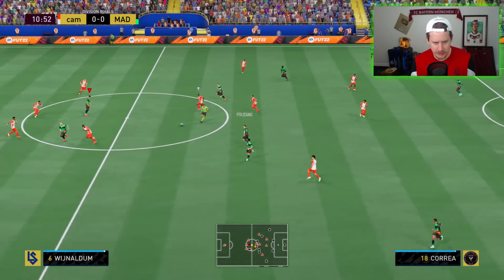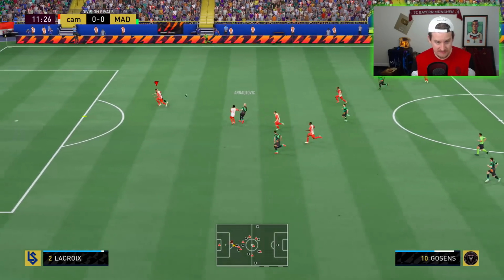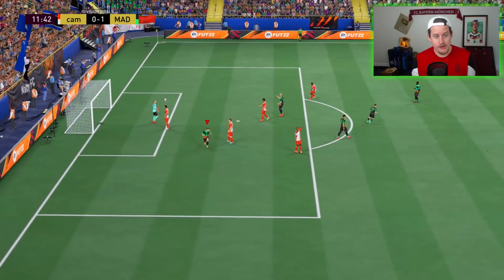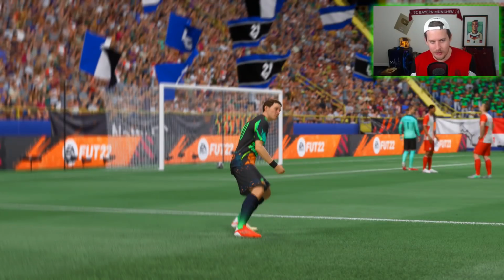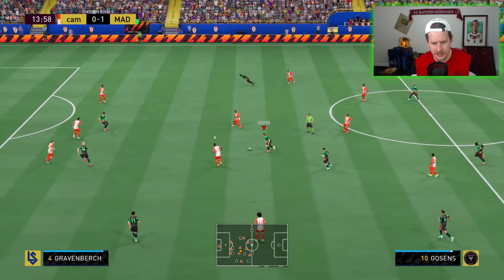I sent him on a manual run because I'm used to trying to get him up into the attack. Well, Robin Goslings, we inadvertently, by accident, sent him on an attacking run, and he goes ahead and scores probably the goal of the episode. Not 100% certain, but...